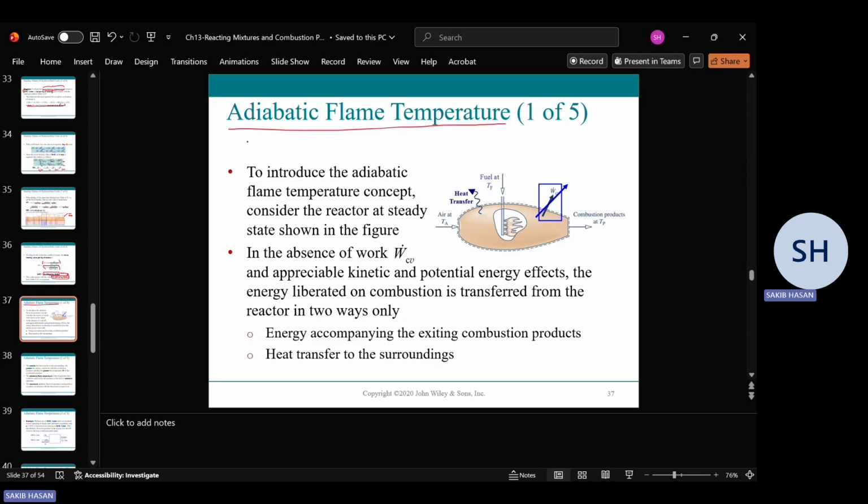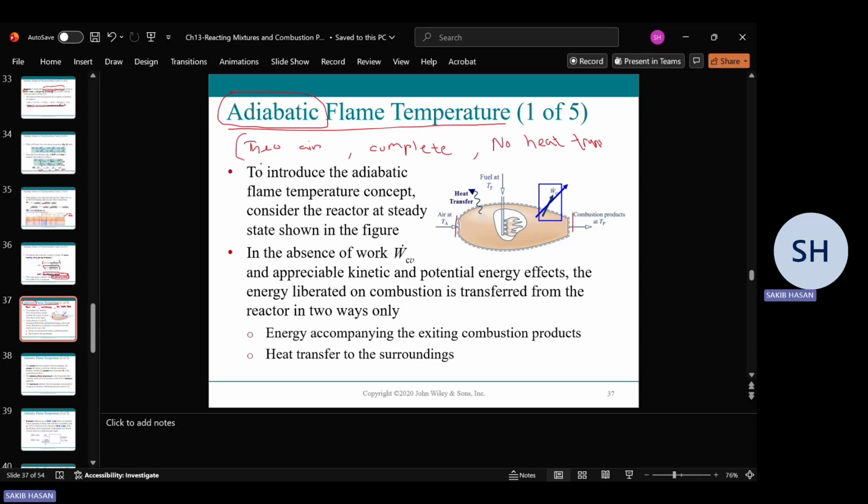So when you have the theoretical amount of air, and you have complete combustion, and you have no heat transfer, which means as this process across this control volume approaches an adiabatic state such that there is no heat transfer,